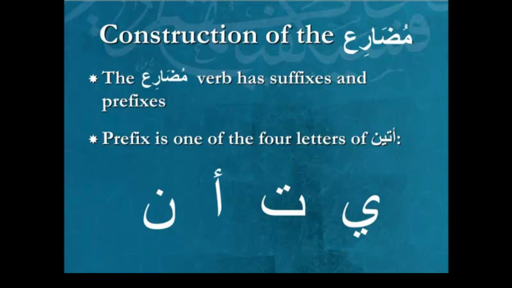Okay, now instead of having a single letter throughout all 14, we have these four letters. But since the conjugations are 14, they're going to need to be used more than once. They're going to need to be recycled. So the ya comes in four of them, and we'll mention on the next slide which four. The ta comes in eight of them. The hamza comes in number 13, and the noon comes in number 14. Okay, so let's continue with it.